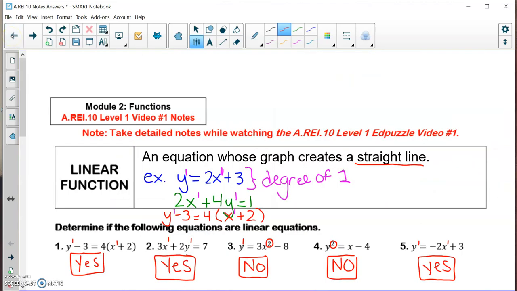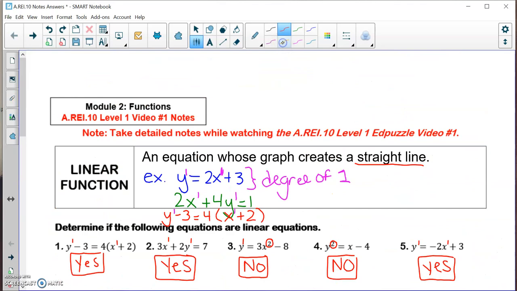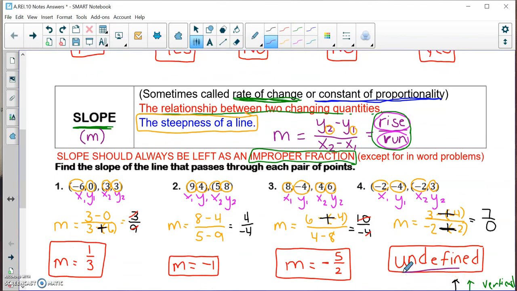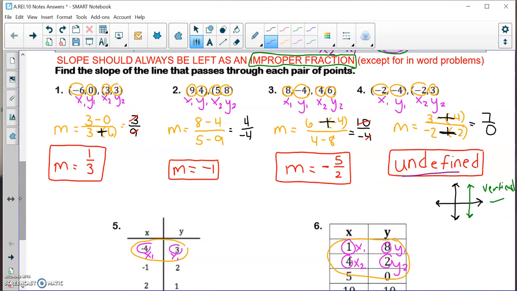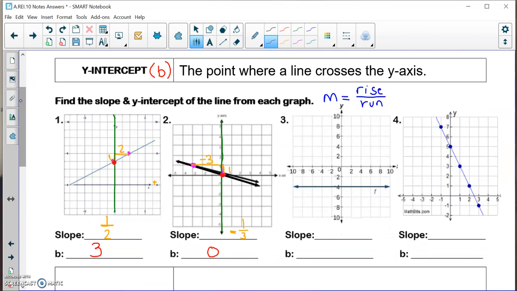If we go back to my previous lesson, we had a slope that was undefined. And I told you guys that a slope that's undefined is a vertical line on the graph. Well, now we're dealing with a horizontal line on the graph. And so if I pick 2 points on this line,